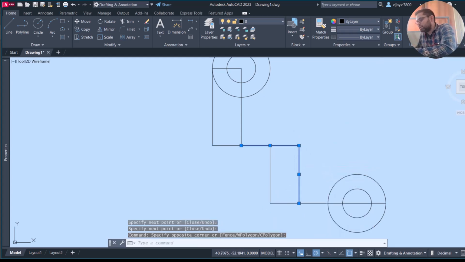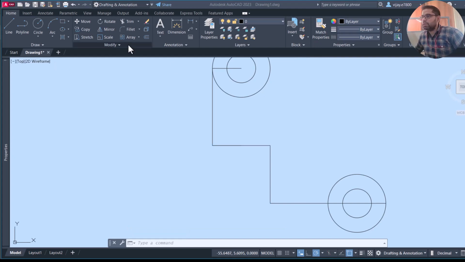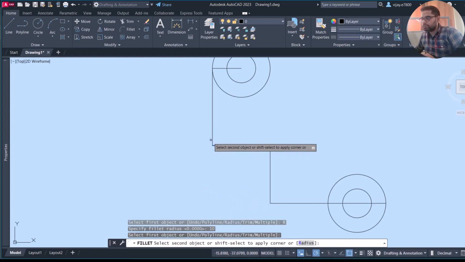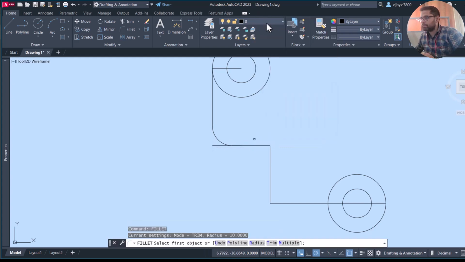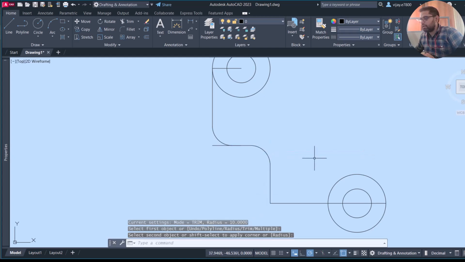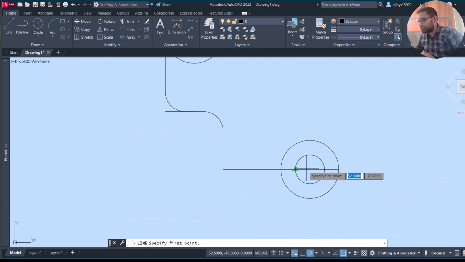Now we can delete these lines as well, and we are going to create some fillets that are required. For the required fillet, we need to specify the fillet radius as 10. Create a fillet at this location, then right click, repeat fillet, and create a fillet at this location as well. And then the next thing that we need to do is select a line, start from the center